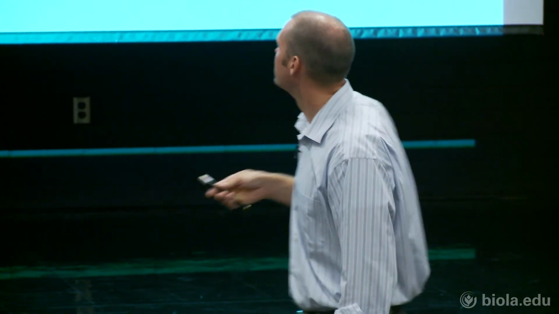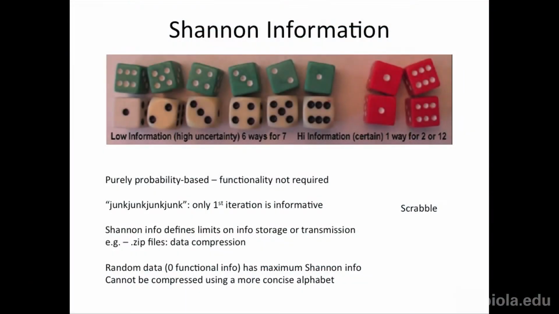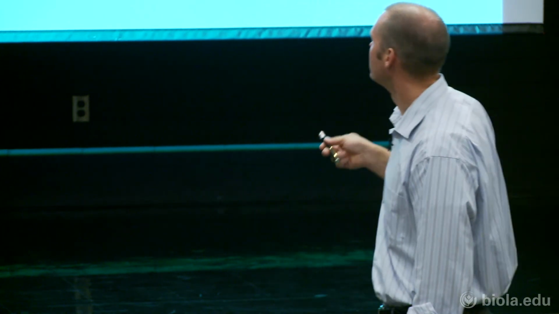You can have low or high information content, and it still can be considered Shannon information, okay? So the example of this is ways for dice to roll 7. This is low information because there's lots of ways you could do this with the dice, right? You could roll a 6 and a 1, that gives you a 7, a 5 and a 2, a 4 and a 3, the other 3 and the other 4, and alternate ways. There's 6 different ways to code for 7. This is all just Shannon information though. This is just low information content, because there's multiple options I could use to do that.